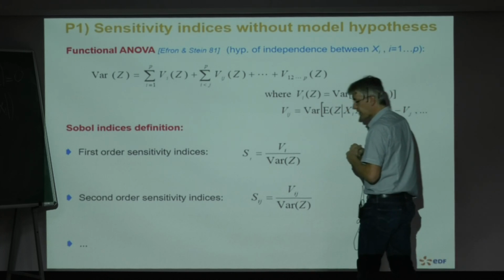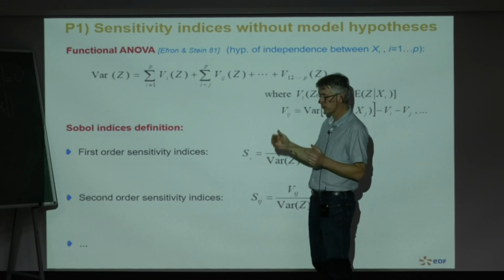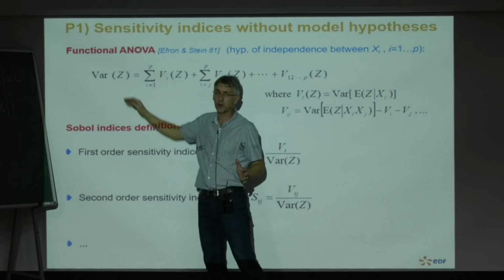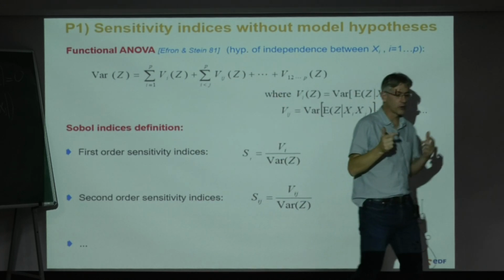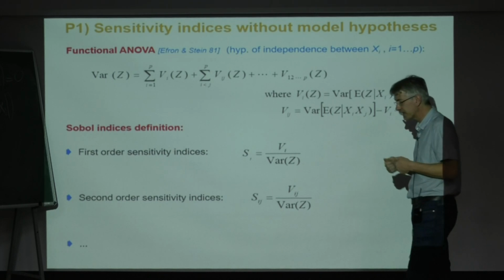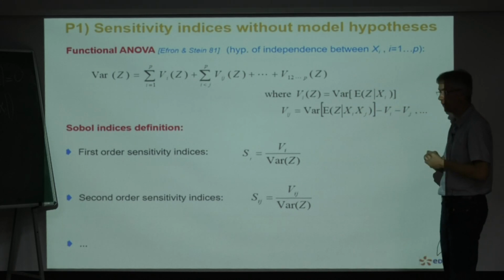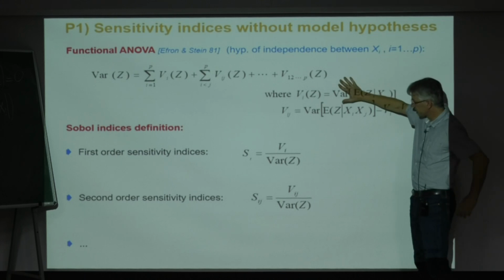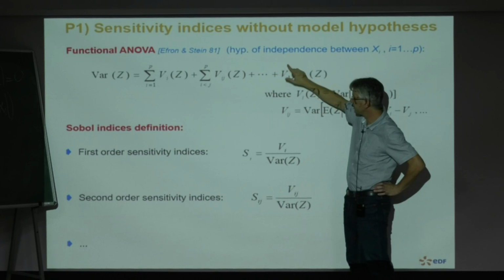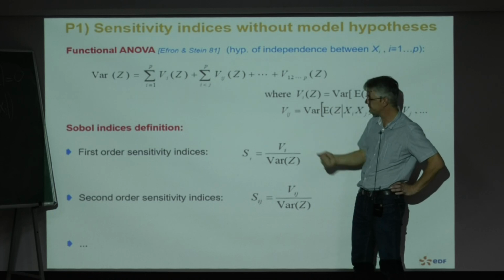And recently, Arthur Owen, I talked about Owen yesterday, has proposed to take this result from game theory and to put it in the sensitivity analysis problem. It seems that it solves the problem of dependence, but with some colleagues we try to understand how it solves this problem. So it's not sure. This is just an aside. Now, with the independence hypothesis, we can define the sensitivity indices that we call the Sobol indices.